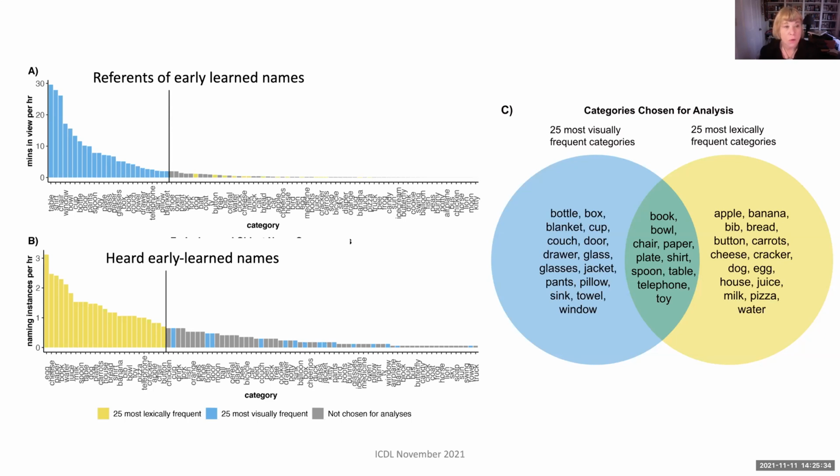we took every category that was on the MCDI that showed up at least once, okay? These right here, all the objects in view that showed up at least once, okay? These are all the words, nouns, that got said at least once, okay? And then we independently selected the top 25 objects that were present at meal times across these 87 meal times